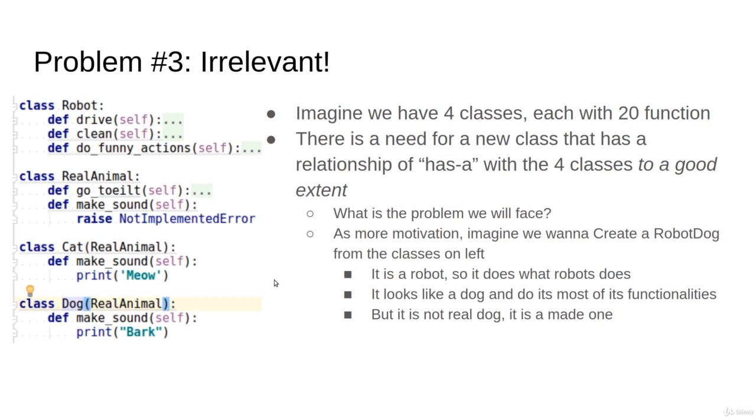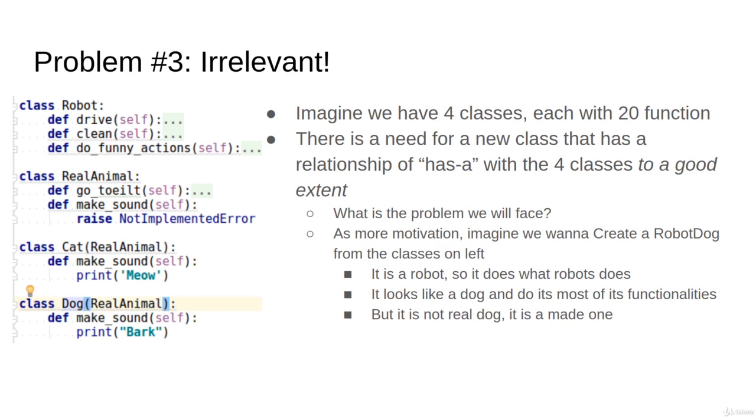In this problem, I would like to teach you with another problem with inheritance. Imagine that we have 4 classes and each one of them has 20 functions. There is a need now to add a new class. This class has a relationship with these 4 classes, but it is just to a good extent. What will be the problem that we will face? I would like you to